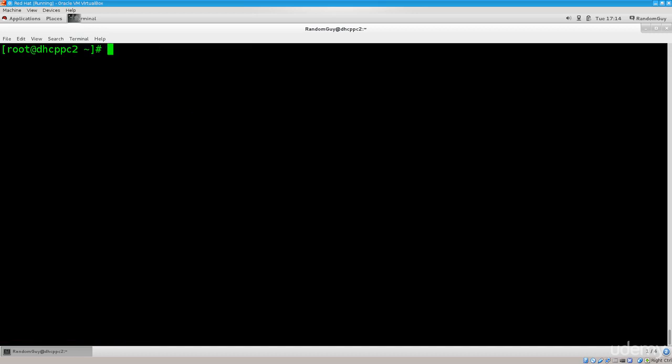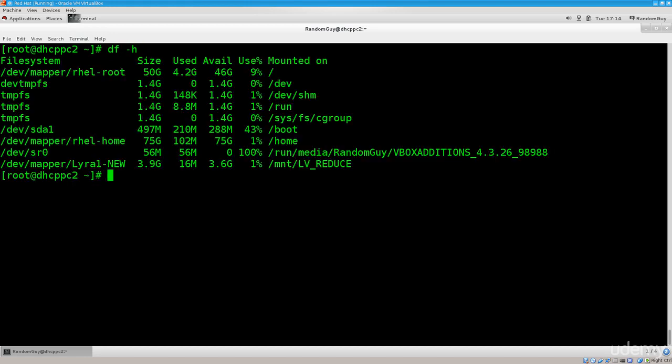Let's go ahead and clear the screen. Now we will go ahead and type in df -h, and at the bottom it says 3.9G, with 16 megabytes used. See this one here, it says 16 megabytes. That's the portion of the disk that's been taken by the system for some sort of information that it needs to place on it by default, so don't worry about it. That's perfectly normal. Anyway, now that we have done this prep work, in the next tutorial we will deal with